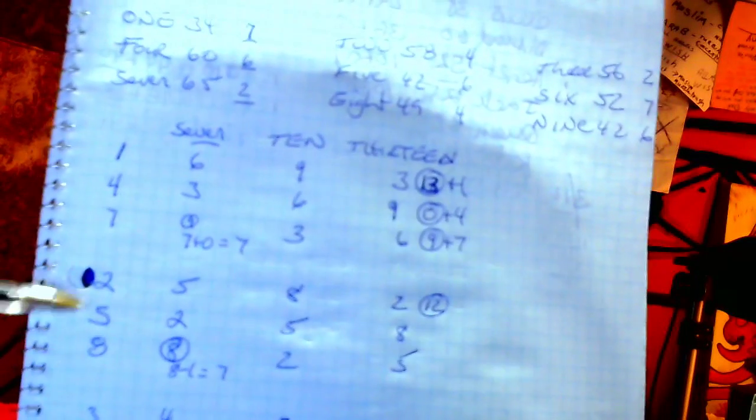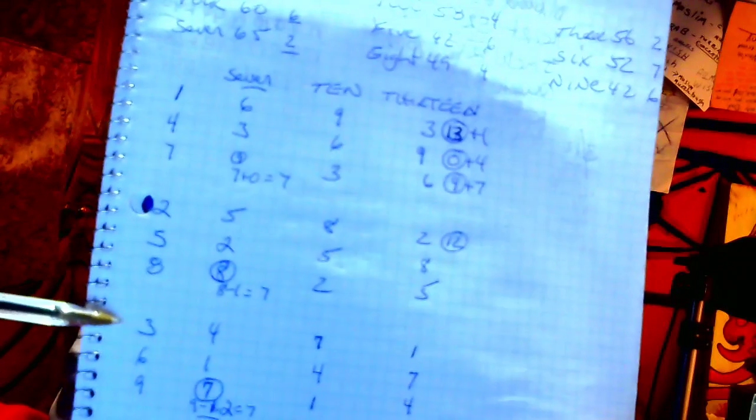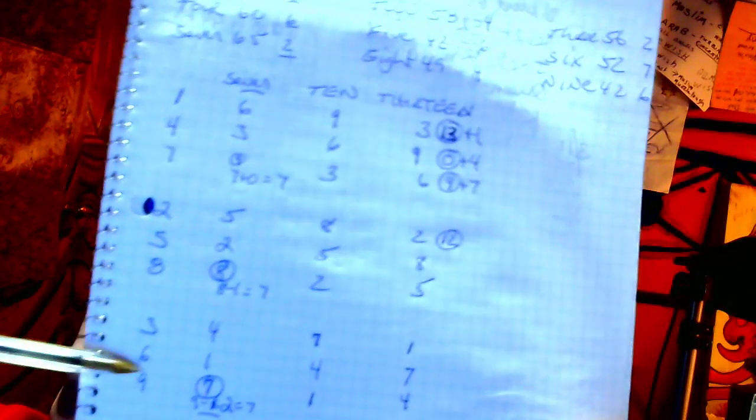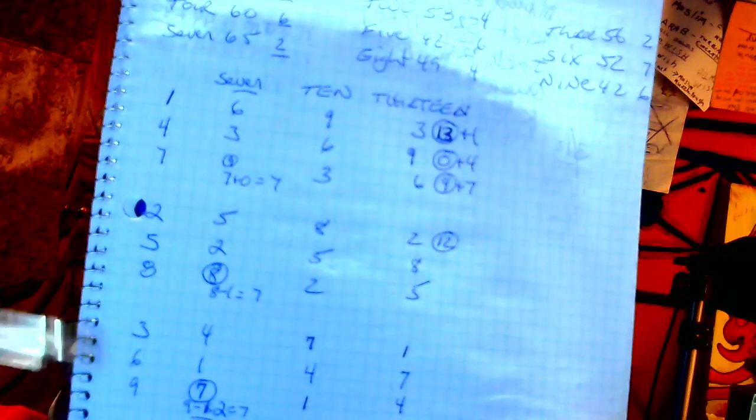7, 10, 13. 6 and 1 is 7, 3 and 4 is 7, 9 and 7 is 16, 1 and 6 is 7, 0 and 7. 9 and 0 both create 7. 2 and 5 is 7, 5 and 2 is 7, 8 and 8 is 16, 1 and 6 is 7. 3 and 4 is 7, 6 and 1 is 7, 9, 1, 4, 7, 2, 5, 8, 3, 6, 9